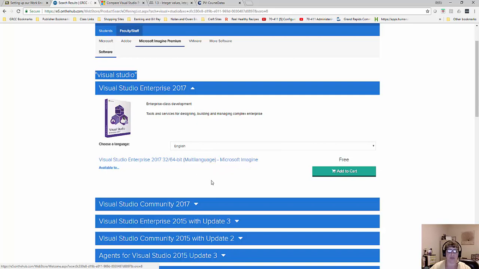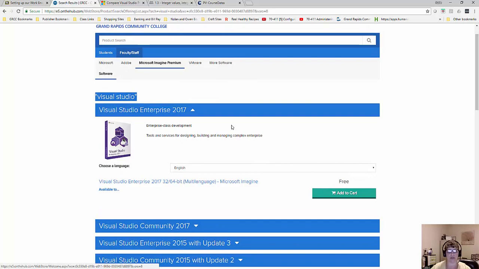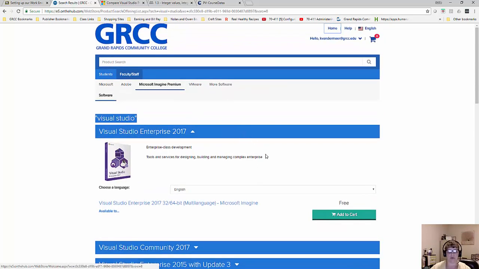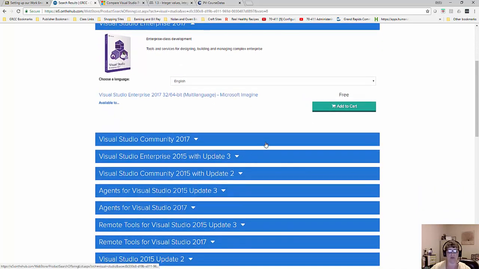Now I am going to use something that's a little bit smaller. I'm going to show you that too, but here's one place that you can download it. So you add it to your cart and you go through those steps from here to download it from On the Hub, and then it will download an ISO image, and then you go ahead and install it from there. The instructions are pretty easy as you follow along.